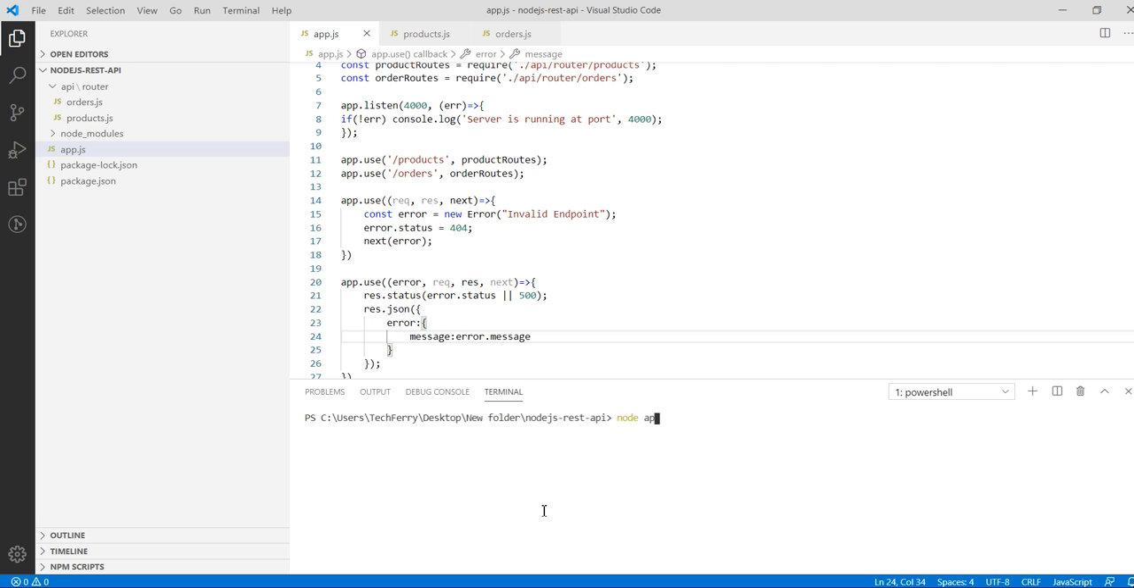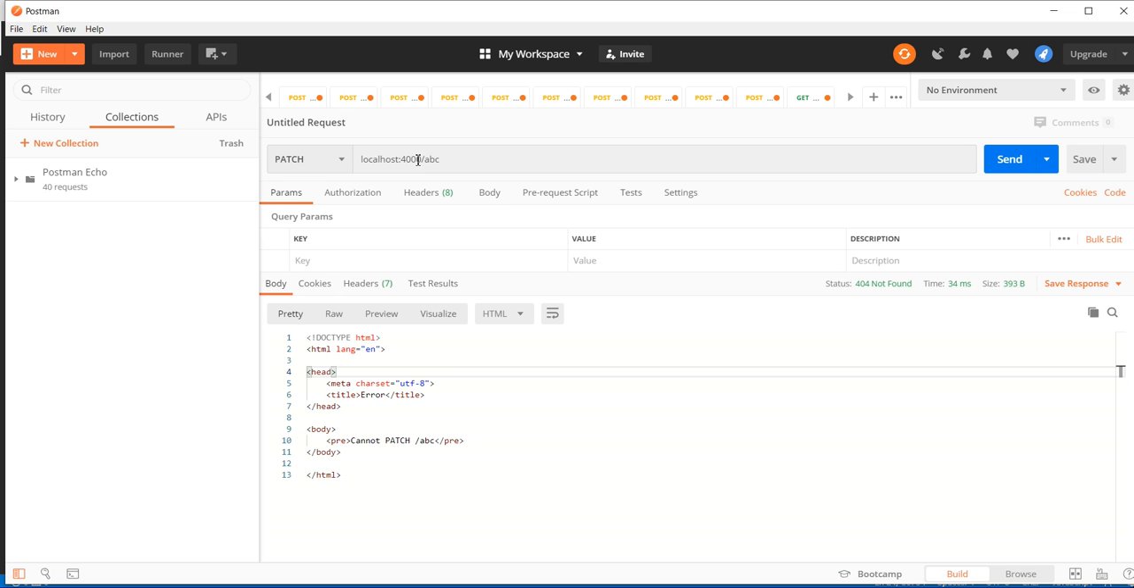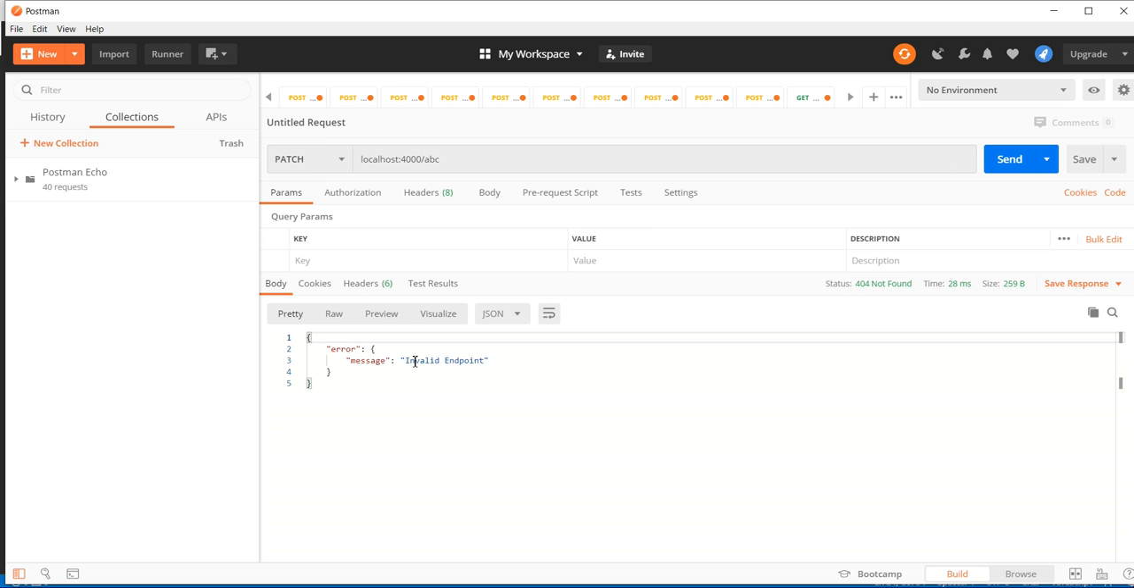Now let's run it and check whether we are able to get a proper error message or not. Start the application. Oh, we have to write app.js. Now the application has been started. If we try to hit ABC now or any other endpoint, we will get a readable error message. Error and message: invalid